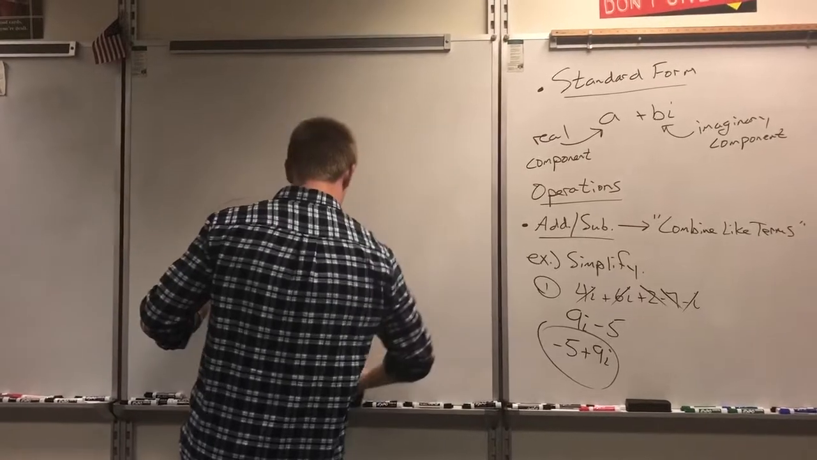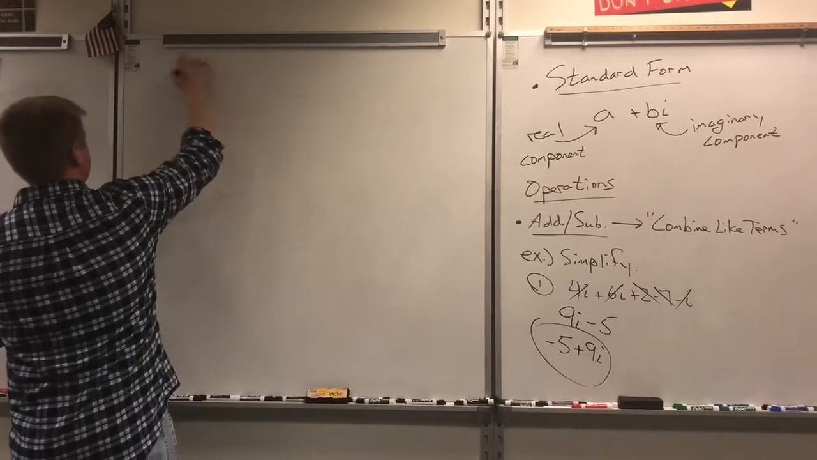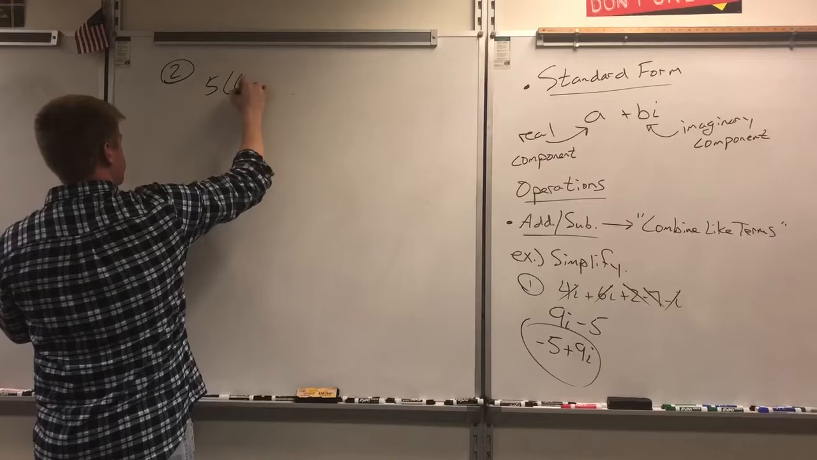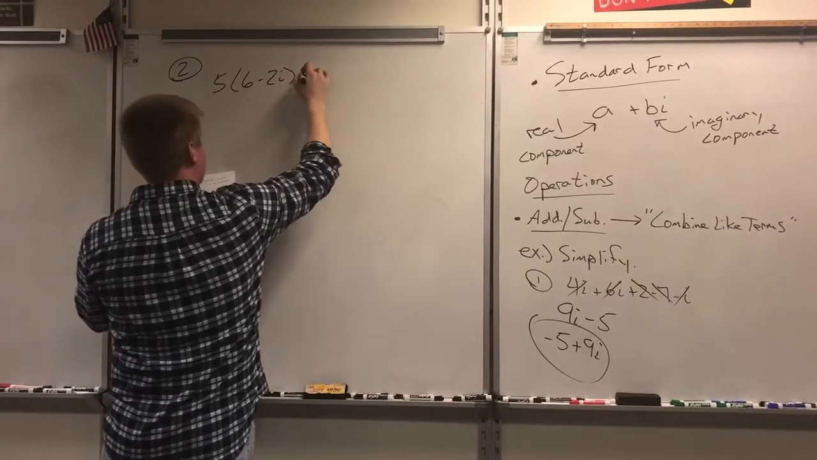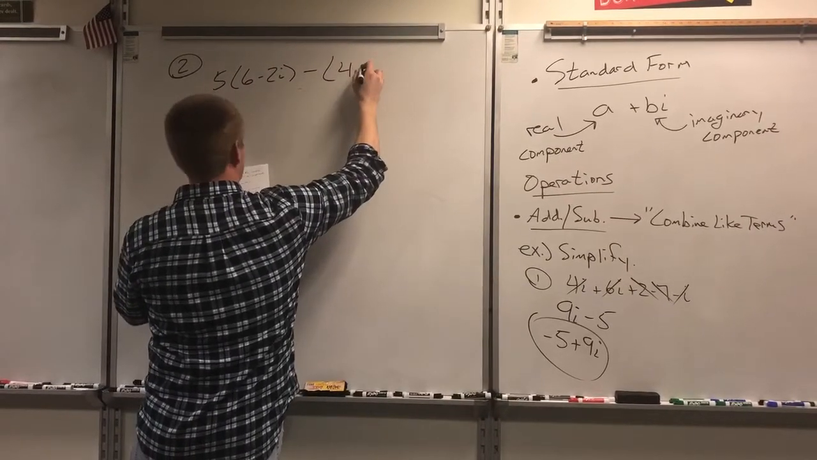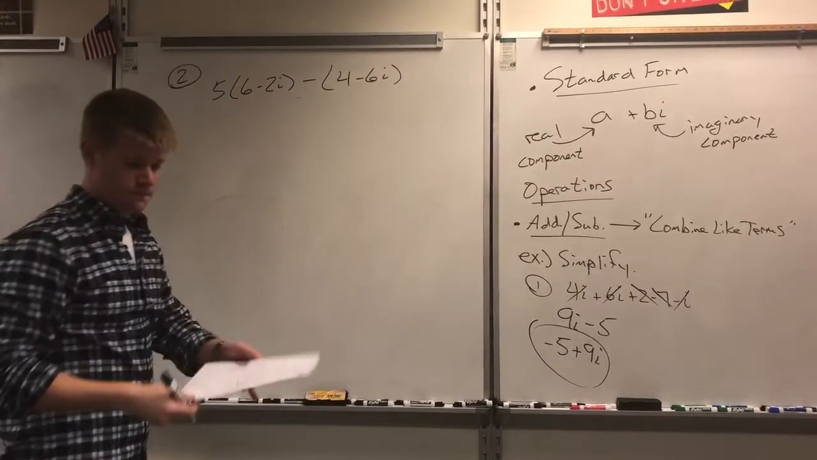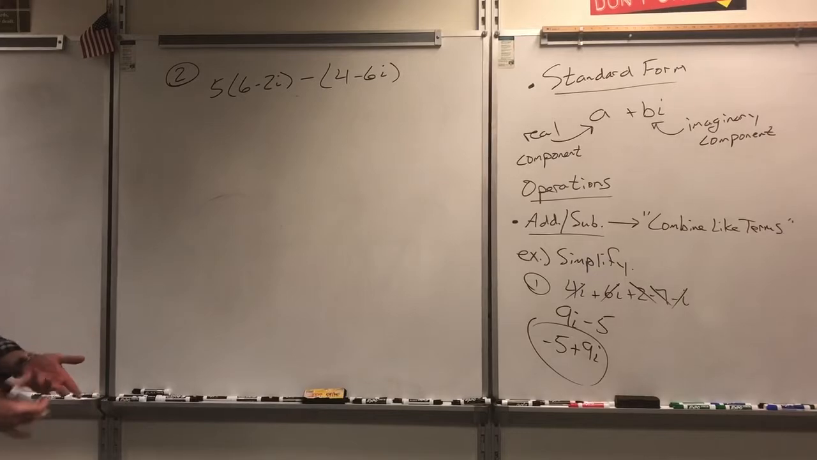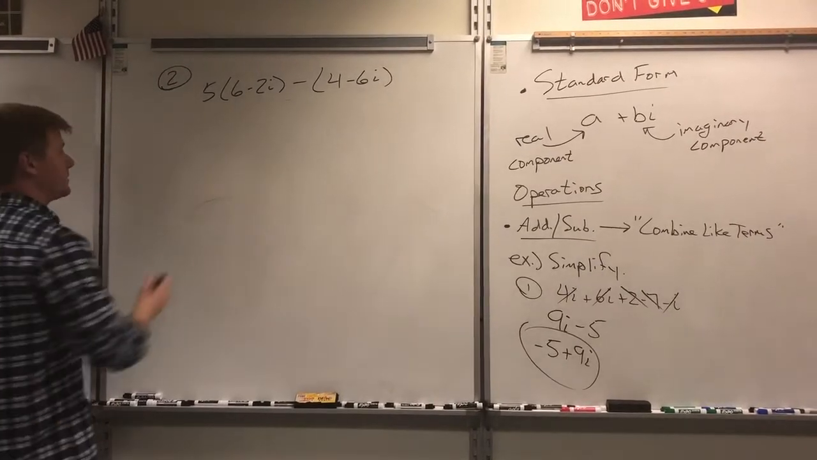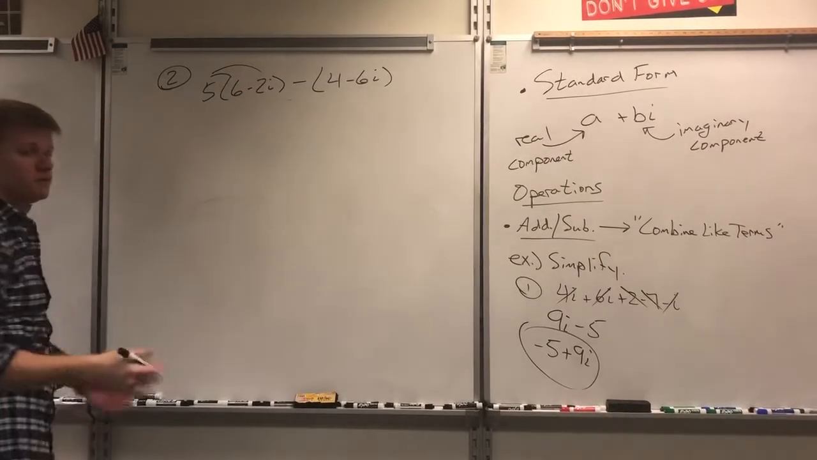Number 2, we'll do another quick one involving adding and subtracting. 5 times the quantity 6 minus 2i, minus 4 minus 6i. Okay, so this one, there's a little distributing first, but that works exactly like we would normally with variables and